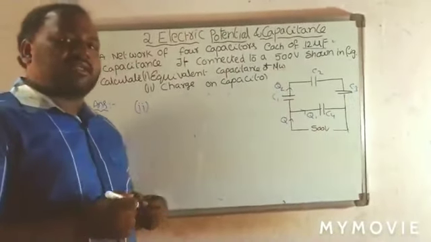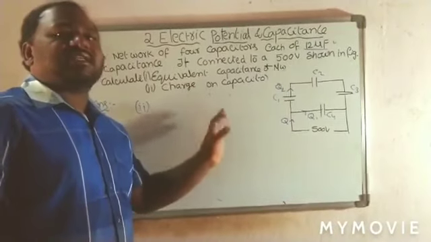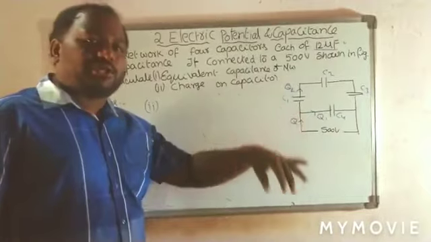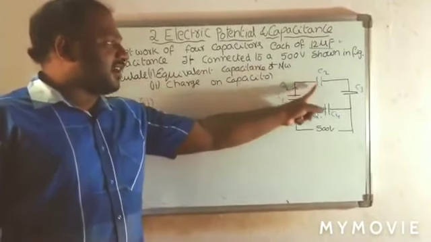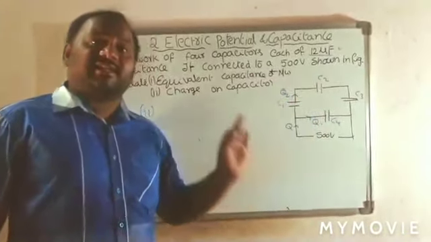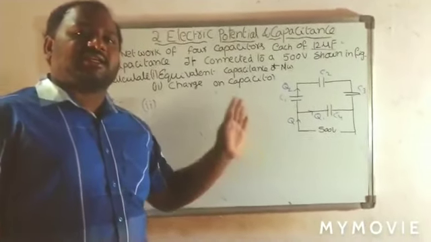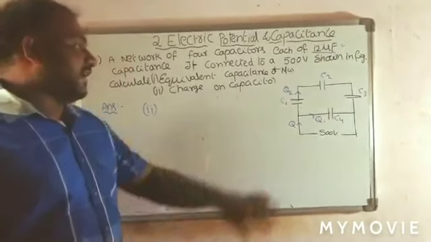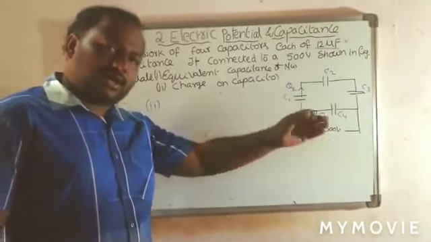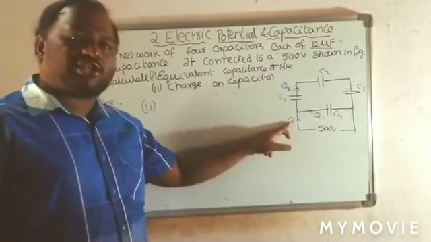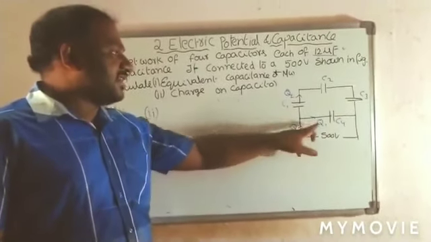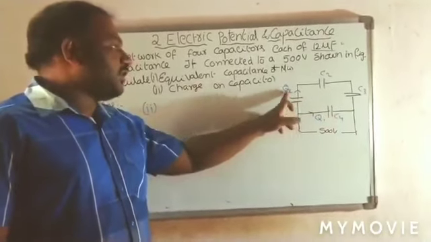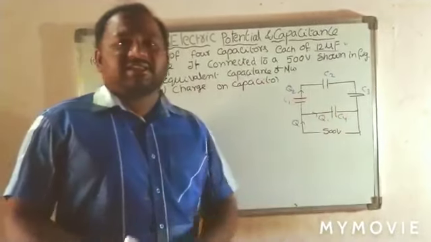So from this we understand that the charge in the series combination is the same. Q2 is the charge in C1, the charge in C2 and the charge in C3. Remember, in the series combination charge is constant, whereas in the parallel combination charge is divided. When we give the 500 volts, it gives a charge Q. That charge is divided as Q1 and Q2. Q1 is the charge in the capacitor C4. Q2 is the charge in C1, C2 and C3.